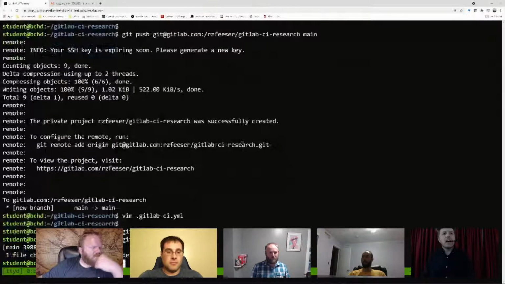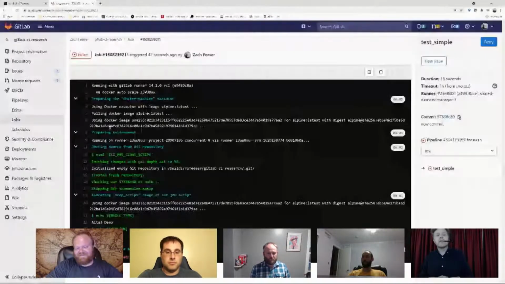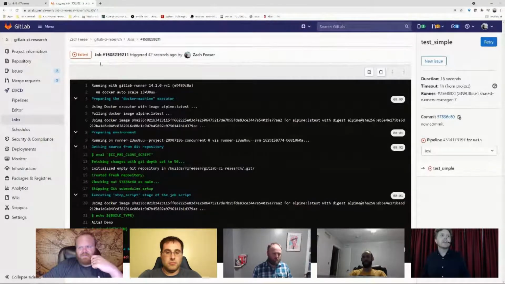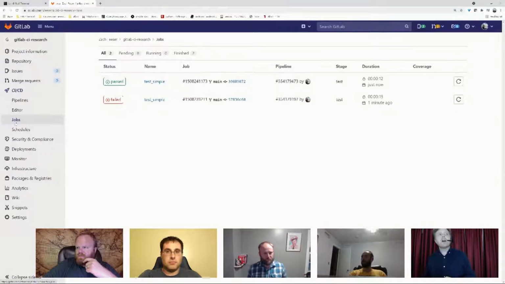What I'm showing you here is not really what this tool is for. It's not for printing stuff out to the screen. Of course, the implication is you would have your code inside the repository. We would push tests or instructions on how to build our code into a container. And what's really wild, if I go back to jobs, I now have a past job that just ran. What's really wild is in addition to a